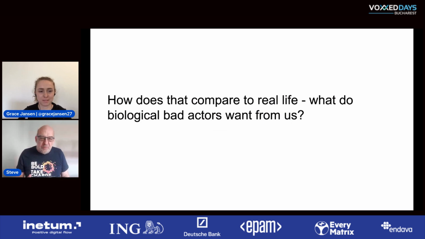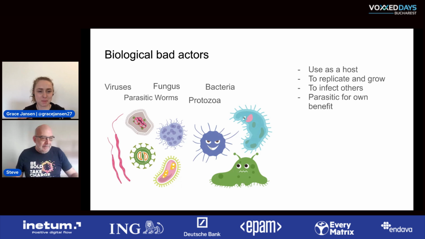What is it like from the biological point of view? Grace. So yeah, you might be wondering how this all fits together, right? Steve's gone through how we're still under attack all the time from all these bad actors who have this variety of reasons for trying to get into your system. It's the same in biology. As human beings, our bodies are always under attack, and that's never been more clear than during this COVID pandemic. So there's a variety of different biological bad actors that are trying to get in. It ranges from viruses, like the COVID-19 virus, and then you've got bacteria, fungus, parasitic worms, protozoa. So there's a whole collection of things constantly trying to attack your body.